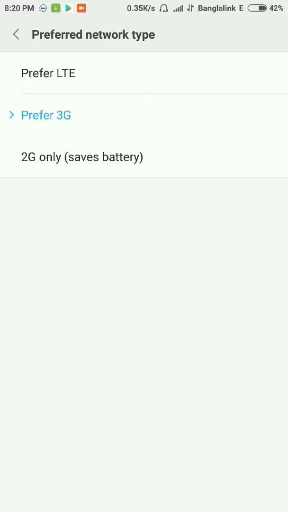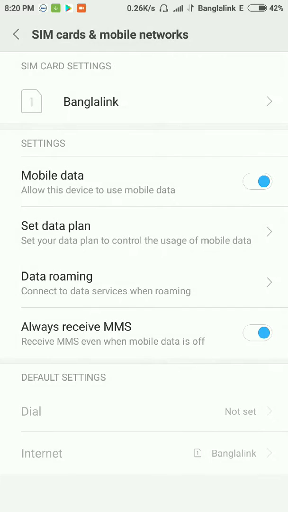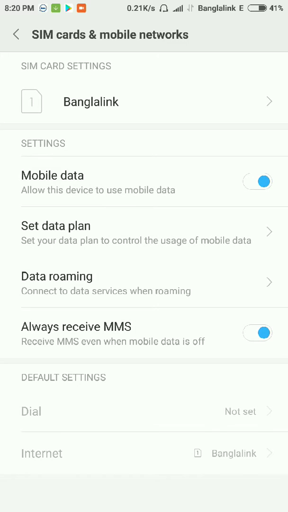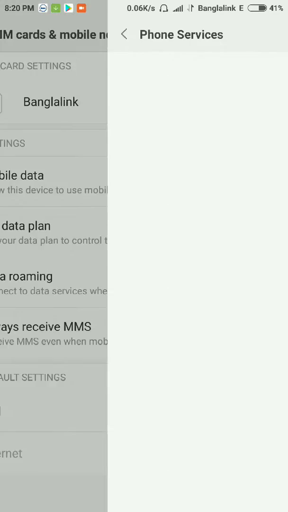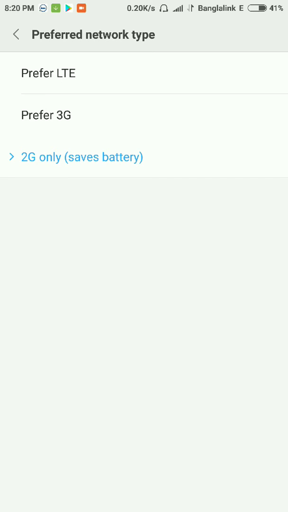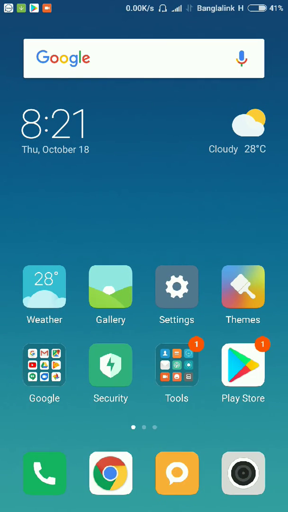Right. Then we will go back to the home screen again. So I chose 2G and I'm going to the home screen again. Then I go to the same thing, choose Banglalink there, go to the preferred network types, and then I click on 3G. Then okay, go to the home screen. Then you can see